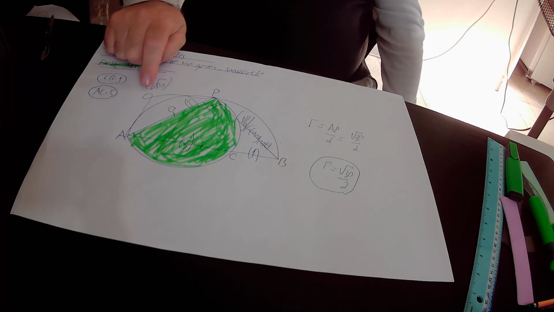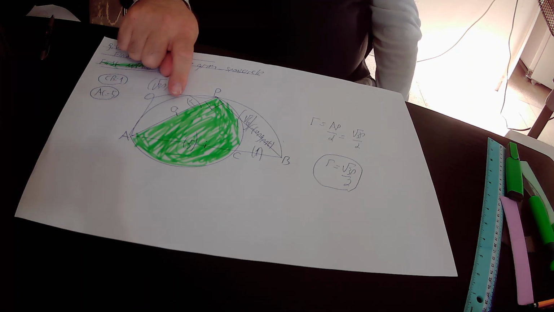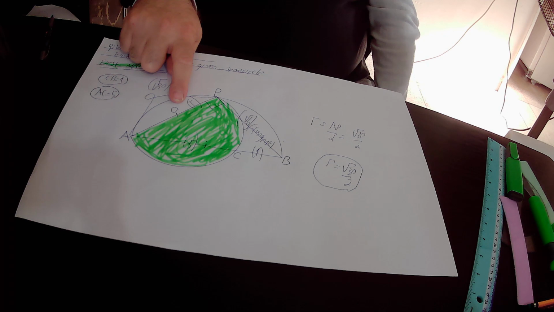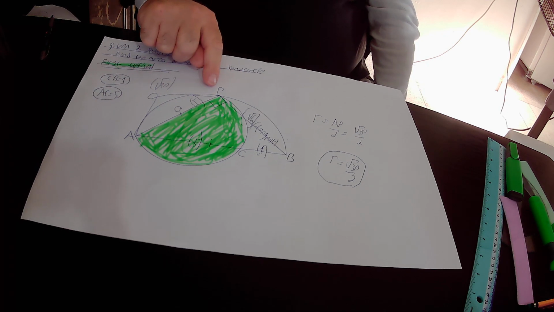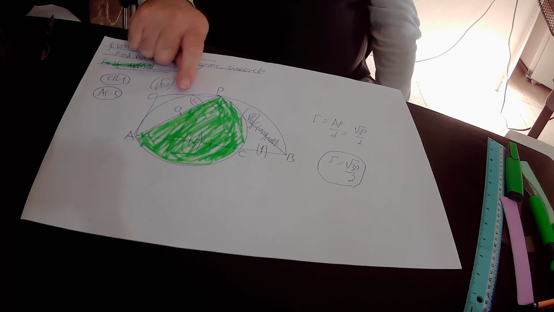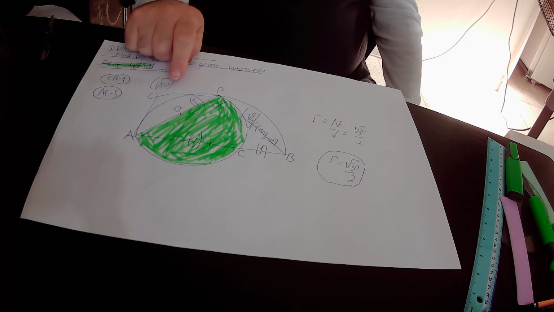And the center of this green semicircle is located here at point O. So point O is the center of this green semicircle. Point P is a point on the green semicircle itself. Therefore PO is the radius of this green semicircle. In conclusion, you can find out that